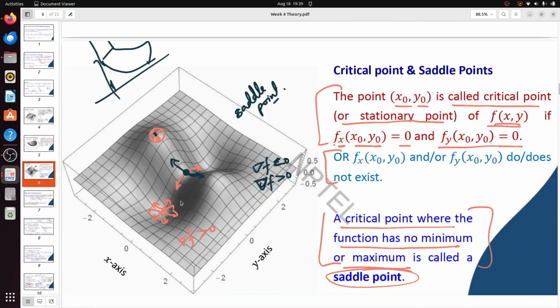Next, critical points and saddle points. The point (x0, y0) is called a critical point or stationary point if fx(x0, y0) = 0 and fy(x0, y0) = 0, and a critical point where the function has no minimum or maximum is called a saddle point. That means